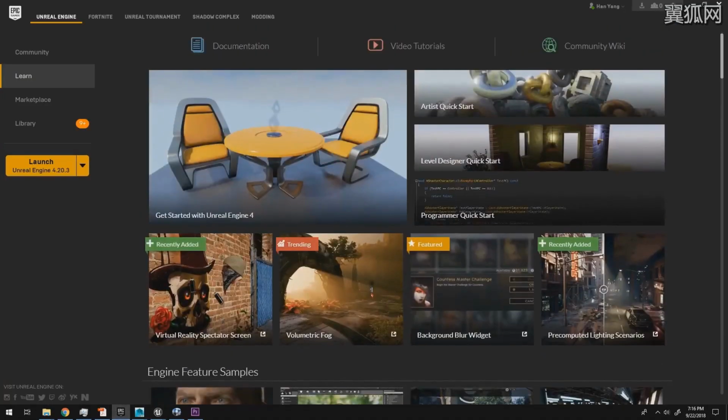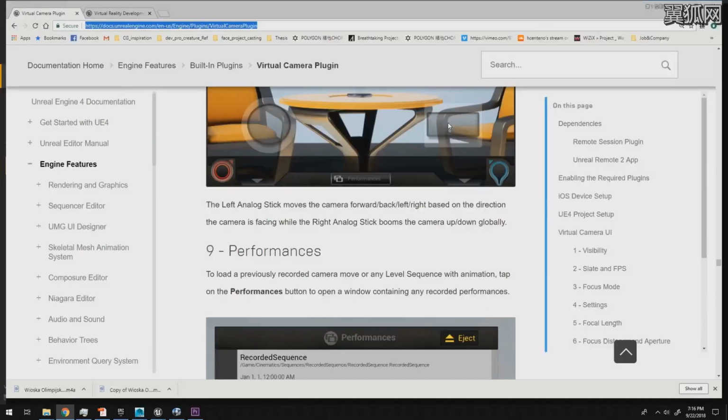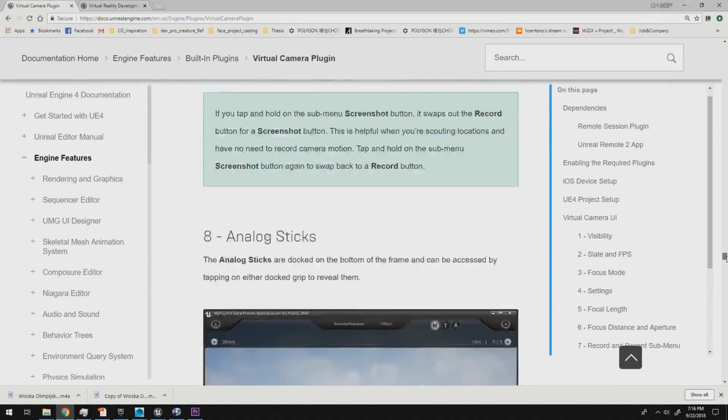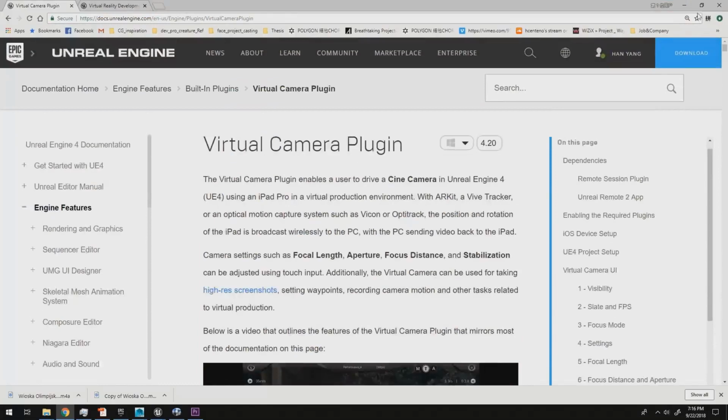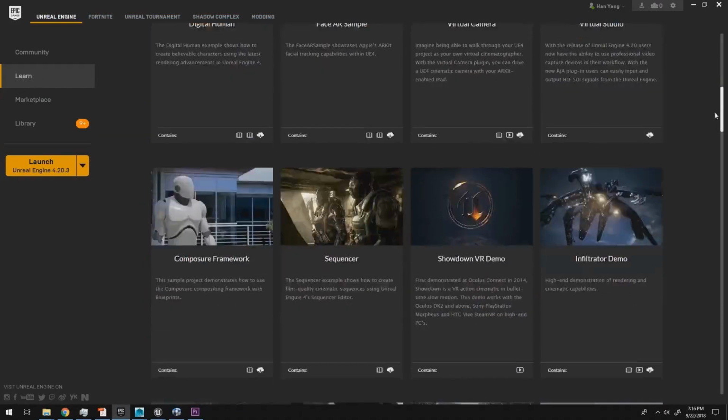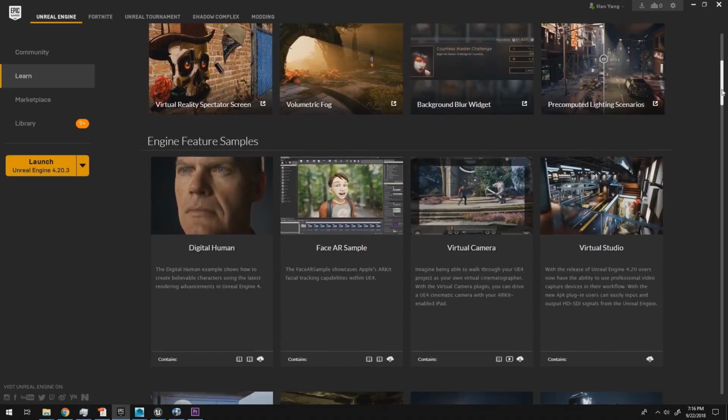Before we talk about anything, I want to show you how to set up this whole virtual camera setting and connect with your iPhone first. It actually comes with the official help document. Okay, if you download the Unreal Launcher, the first thing you need to do is go under the Learn section, and we have a virtual camera learning demo, and if we go in there,